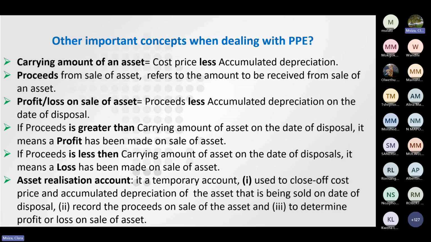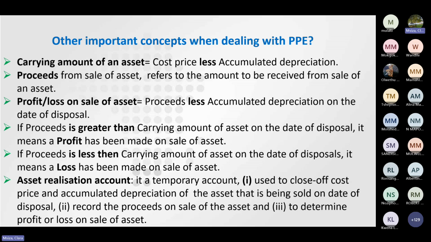So now you need to remember that when we get that profit or loss on the sale of an asset, if it is a profit, it goes to your profit and loss and it becomes your income, not an expense. So it increases your income. So you need to remember which side the income increases on, because it's not an asset, you are making money. But you make a loss when your proceeds